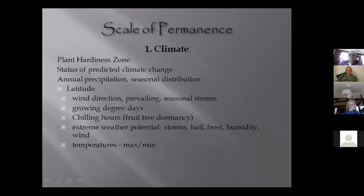So in looking at climate, and again, this does not include the holistic management and goals part, you'd be looking at plant hardiness zone, future climate change issues, your annual precipitation, seasonal distribution of said precipitation, your latitude. Latitude has me thinking of,